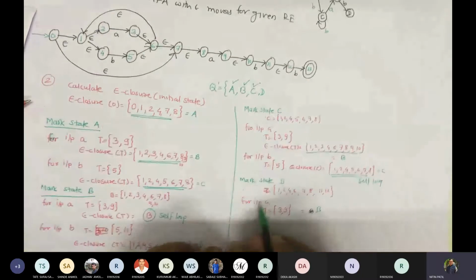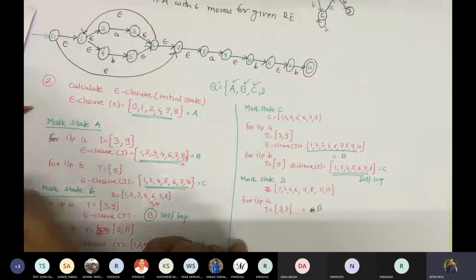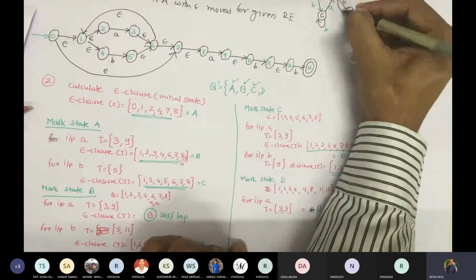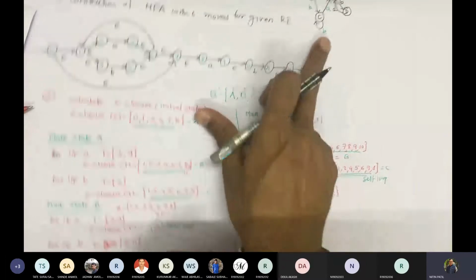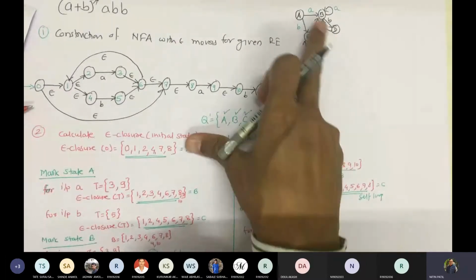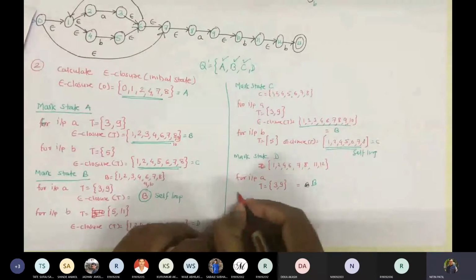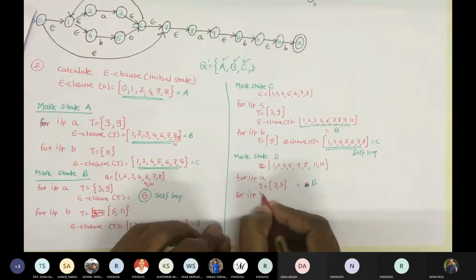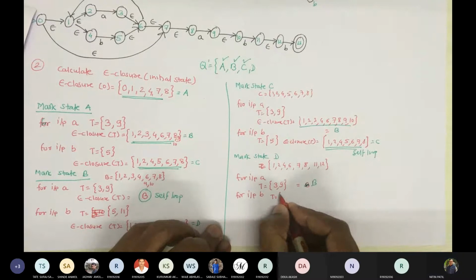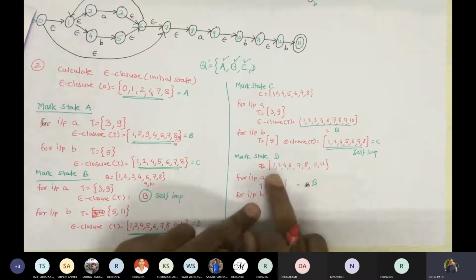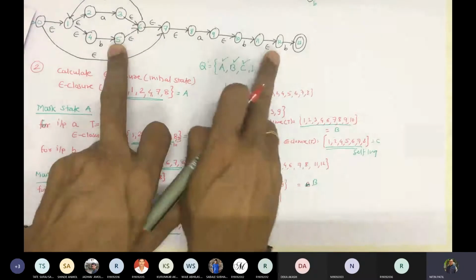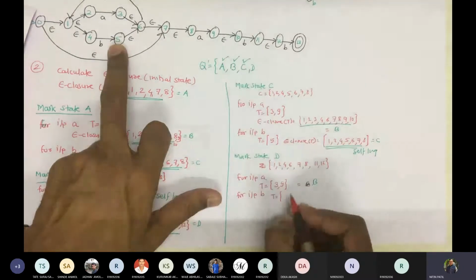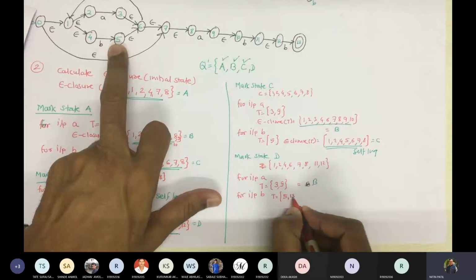So what exactly does it mean? From D with input A, we can go back to B. This is a transition. Now for input B, compute T. We have 4, 5, and now 5 is there. For 11, 12, so 12 is there, which means 13. So 5 and 13.